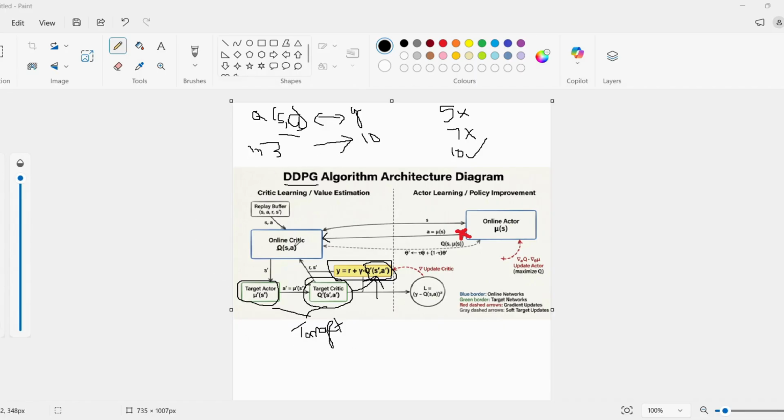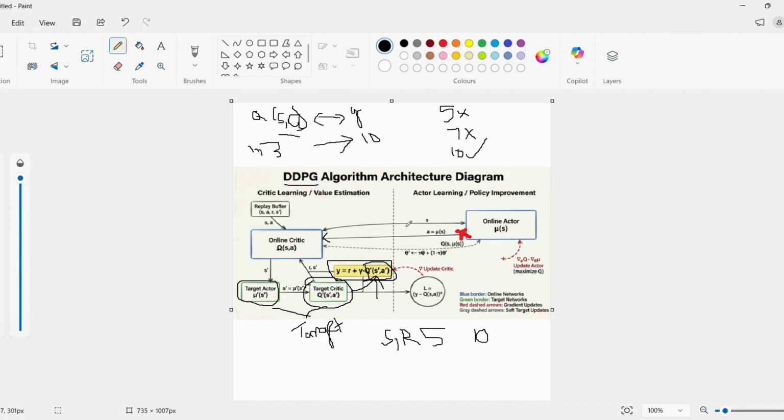Once the online critic network makes a prediction, it is compared against this value y, we calculate the loss, and the critic network strives to minimize this loss. For example, say we were in state S and took action right, and the Q value we got was 5, but the optimal value is 10. So the next time for the same example, we are going to